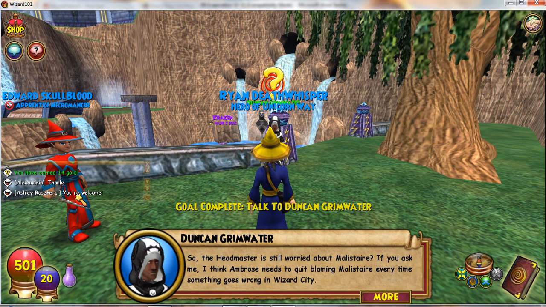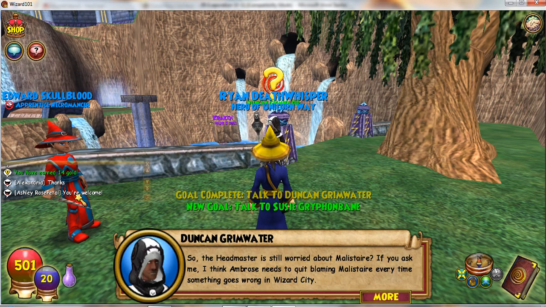So he tells me I have to go talk to Susie about Malister. If you ask me, I think Ambrose needs to quit blaming Malister every time something goes wrong in